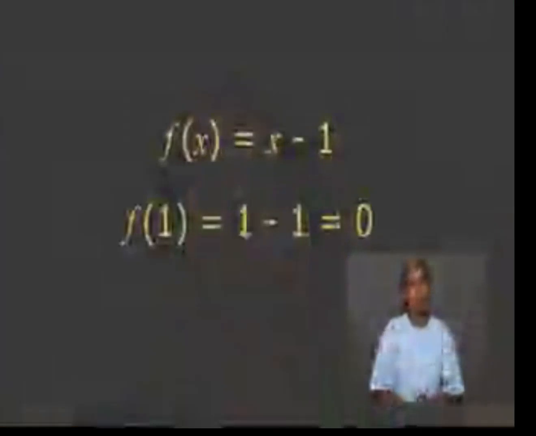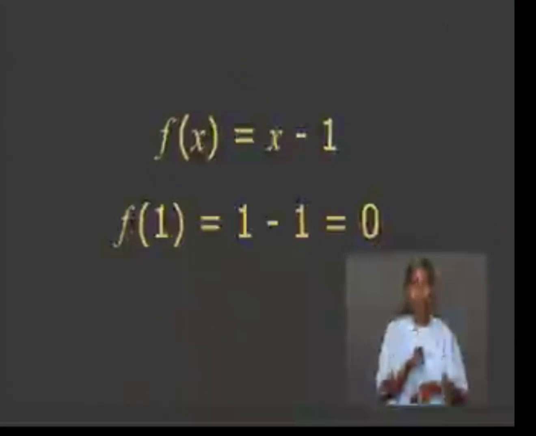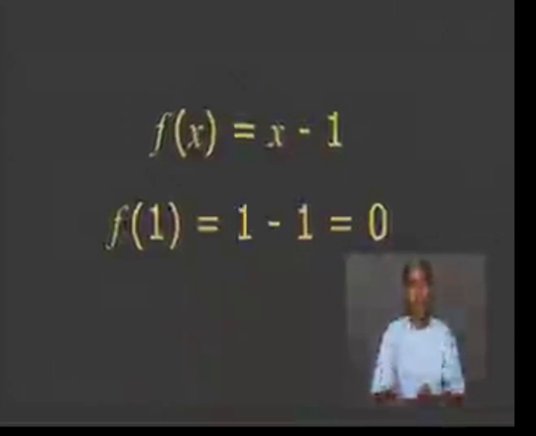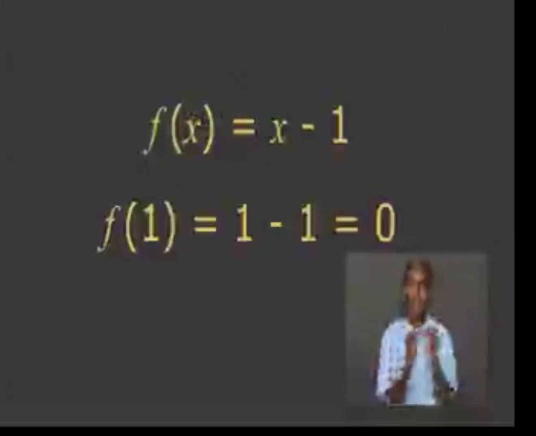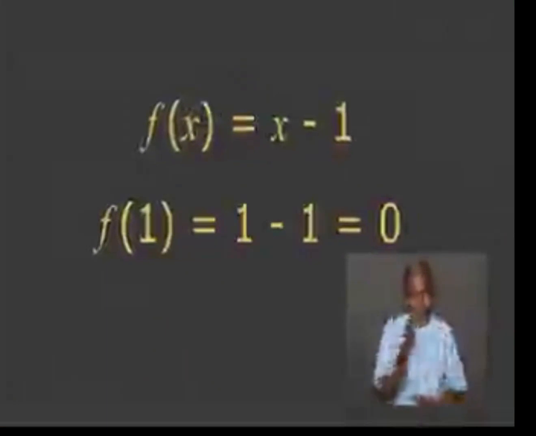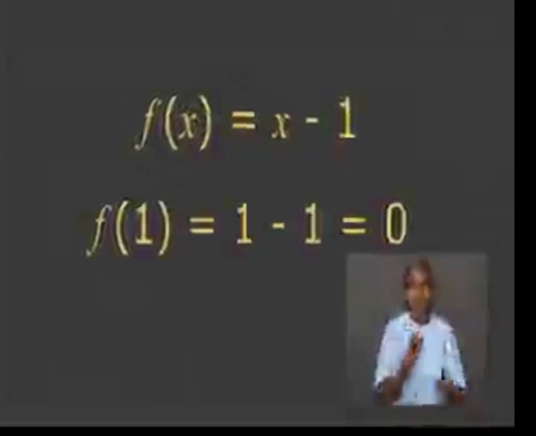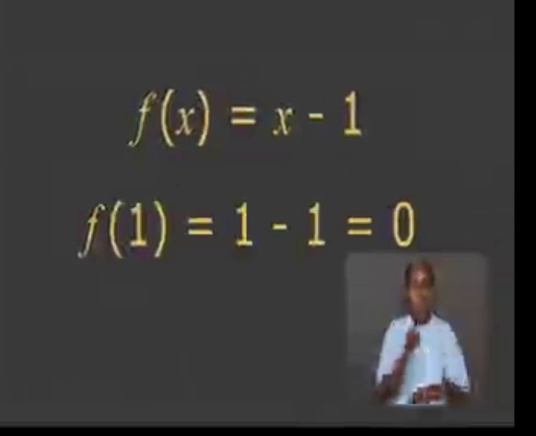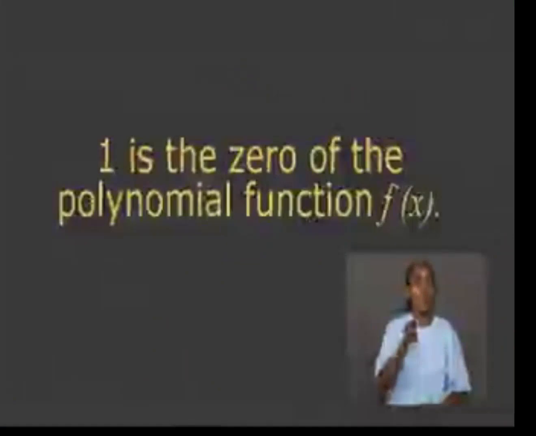Consider the function f of x equals x minus 1. If the value of x is said to be equal to 1, then f of x equals 0, as we see here. Since f of 1 equals 0, we may say that 1 is the zero of the polynomial function f of